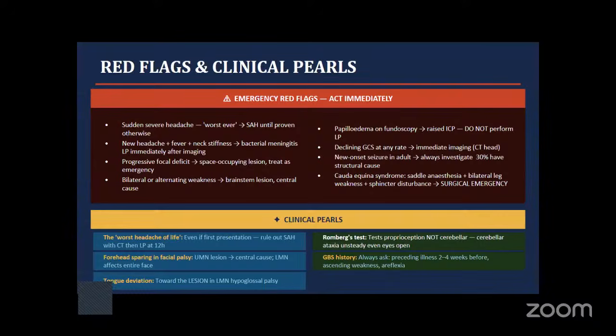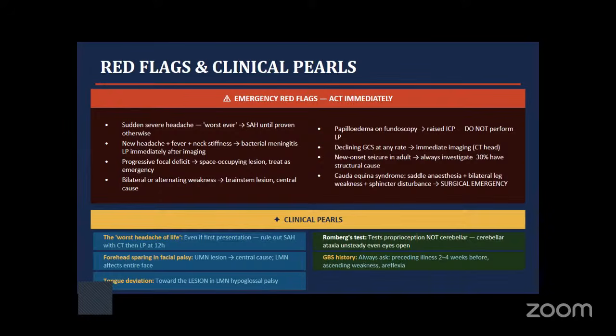So there are red flags, things that you can assess from your history that will indicate that the patient needs some sort of immediate management. So sudden severe headache, worst ever headache. So you can have a differential of subarachnoid hemorrhage that will require imaging. New onset headache with fever and neck stiffness, indicating an infectious process, bacterial meningitis, viral meningitis. You will need imaging,